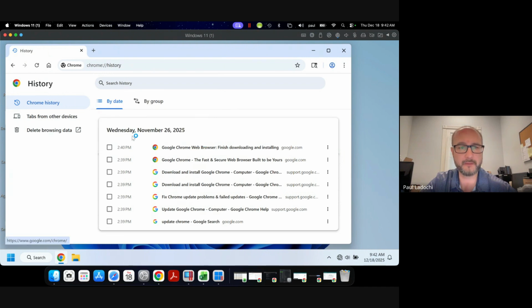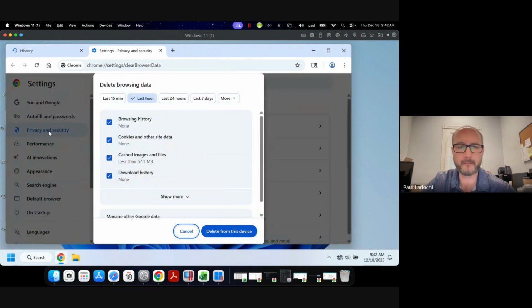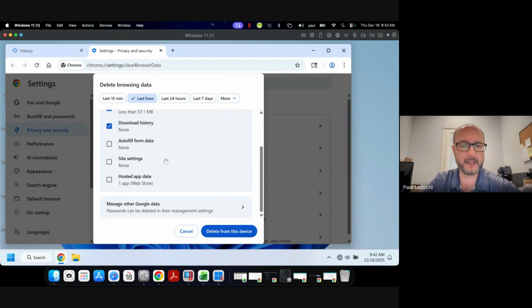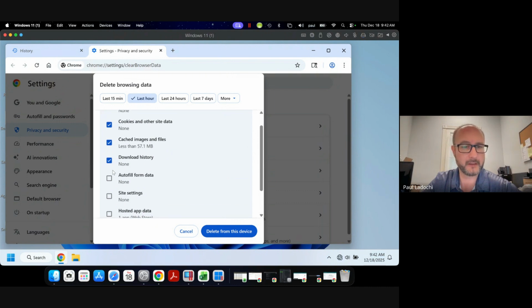Every website you've gone to for the weeks or months. Left-hand side, delete browsing data. Okay, this is a very important step right here. You have to be cautious because if the wrong thing is checked, you could lose any saved passwords or any other details that you might not want to lose. Another thing, delete browsing data. How long do you want to delete it? Sometimes it's best practice to go all time